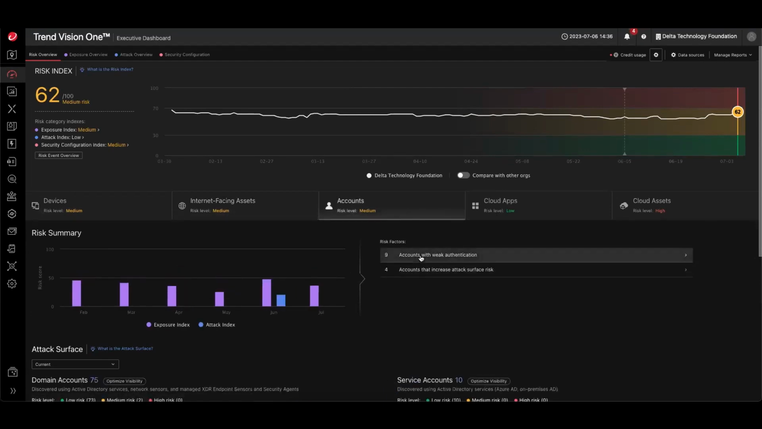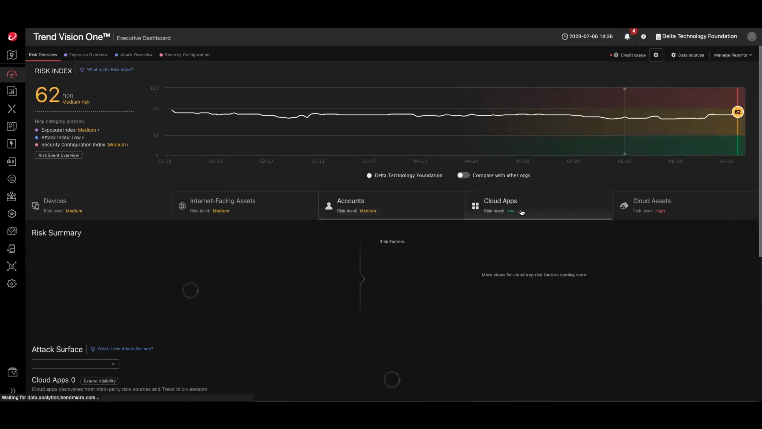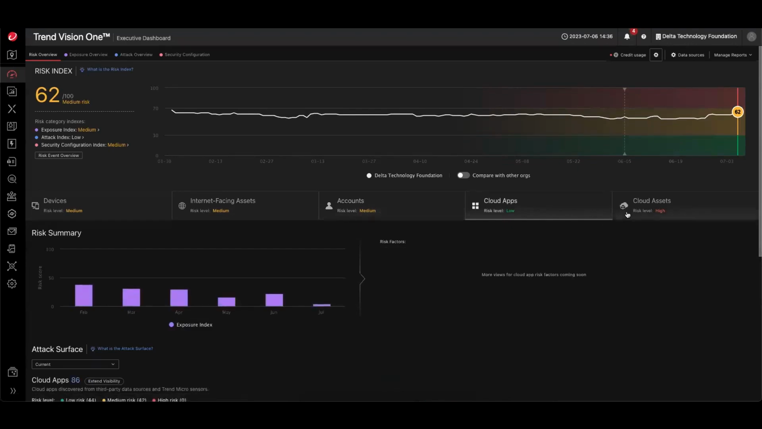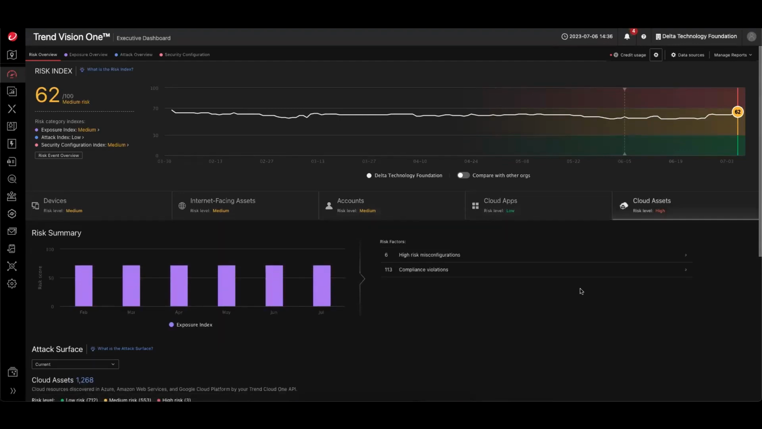Your accounts, looking at weak authentication, maybe multi-factor isn't enabled, maybe some accounts are overly privileged and shouldn't be, all the way to the different cloud apps your employees are using, and the cloud applications being built in AWS. Maybe there are misconfigurations in there, maybe some compliance violations and so forth. All those things get computed in an equation that's built in-house, and now we're able to present you with that risk index score, which is something I really gravitate towards